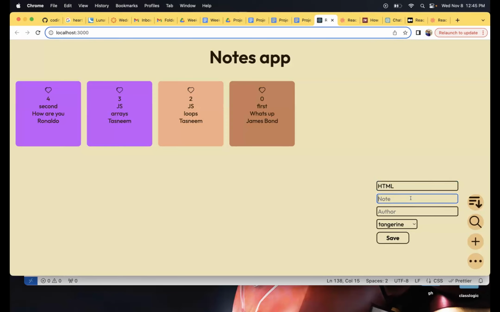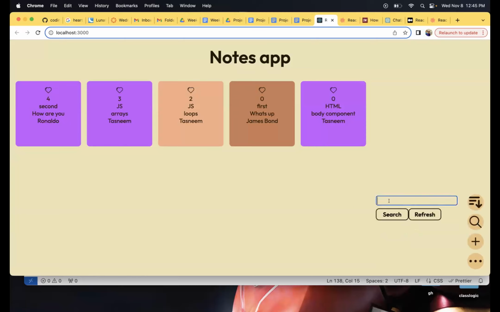Let me write down a random tag, maybe body part, body component. For author, I'll write down this name as well. Let me change the color to purple again. There it appears. Okay, so that's gone.